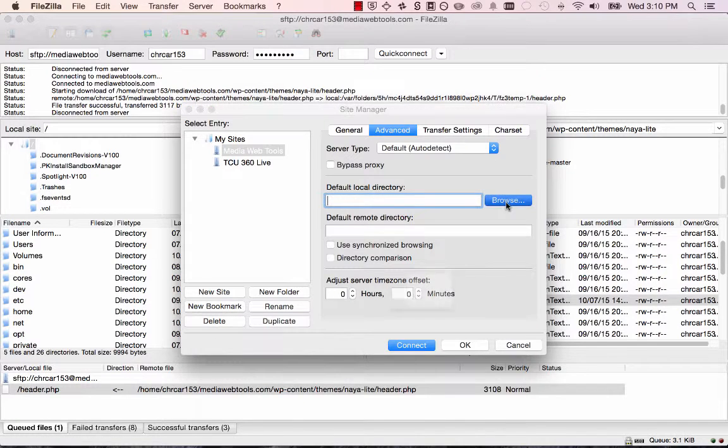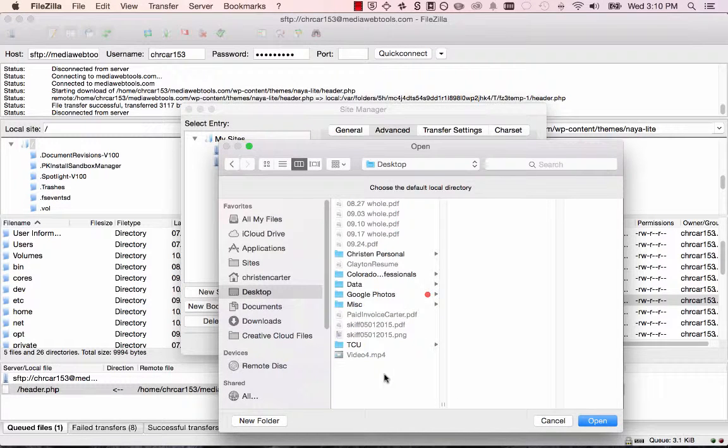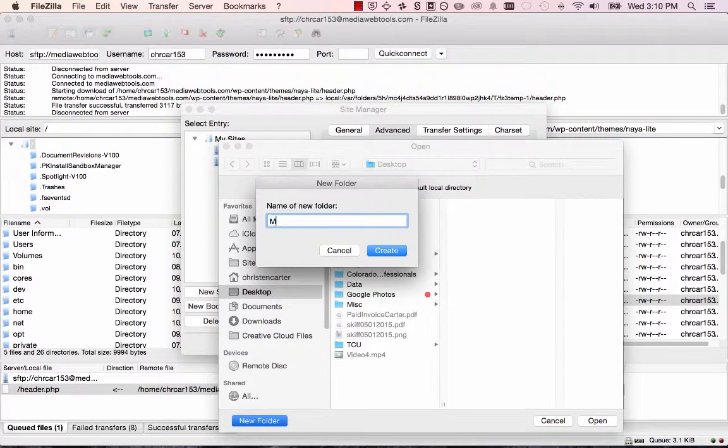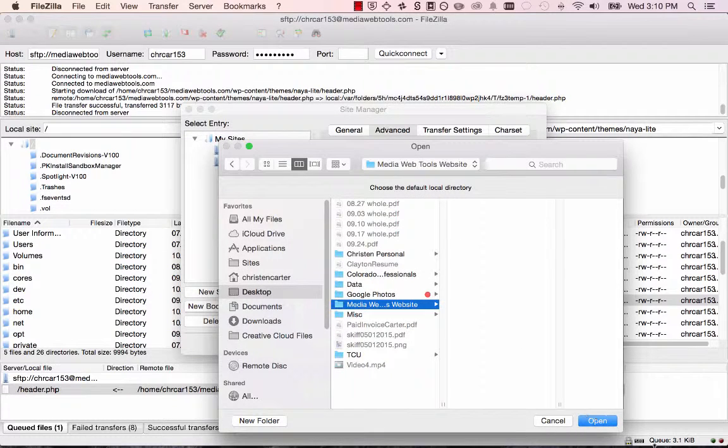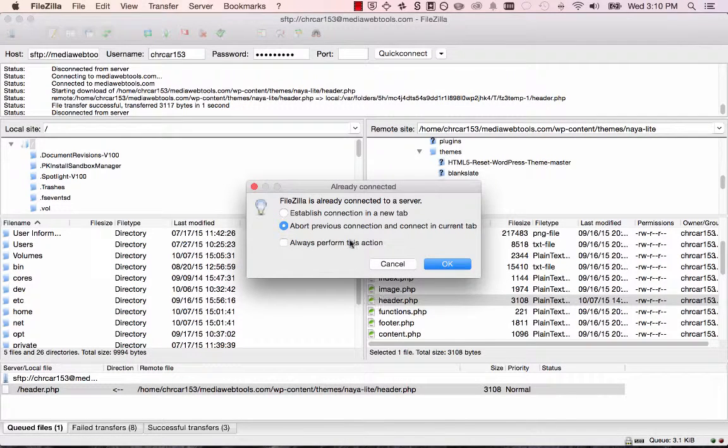So go ahead and browse, and what I would do is put it on your desktop. So I'll create a new folder and say, whatever your site is, and then create that and open it, and then go ahead and connect,